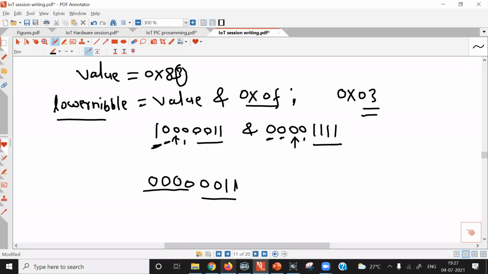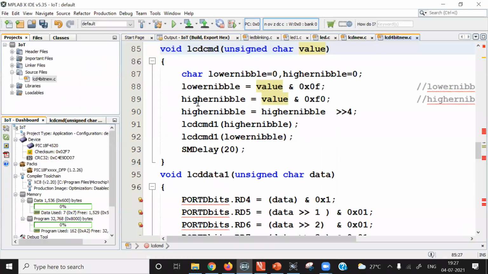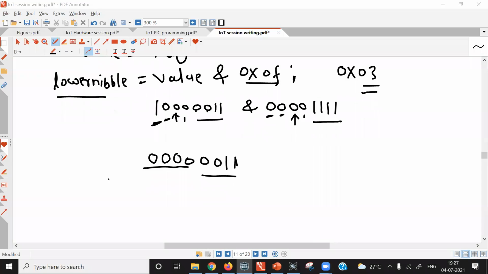After that, in the program, what is done? Higher nibble is equal to value bitwise ANDed with 0xf0. So with this instruction, after its execution, higher nibble will be equal to 0x80.